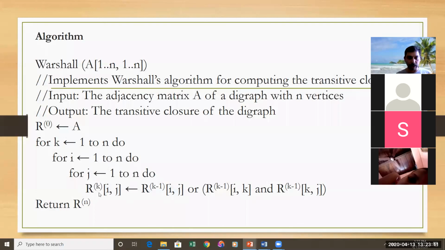Because R of k, the current matrix, is equal to the same value in the same position of the previous matrix, or with